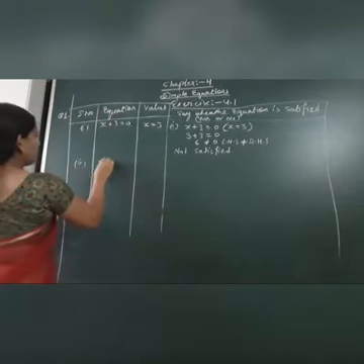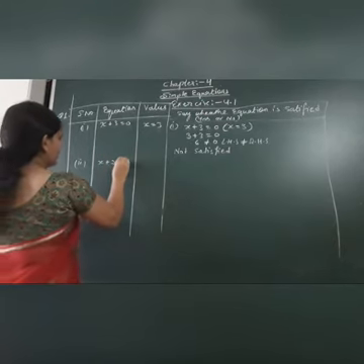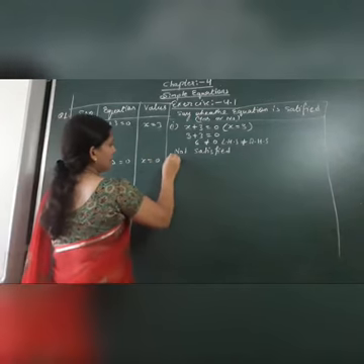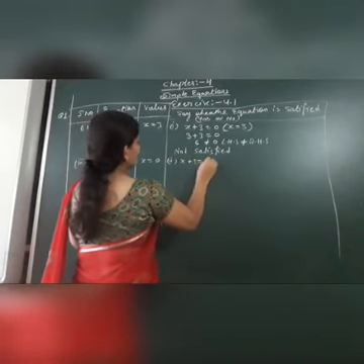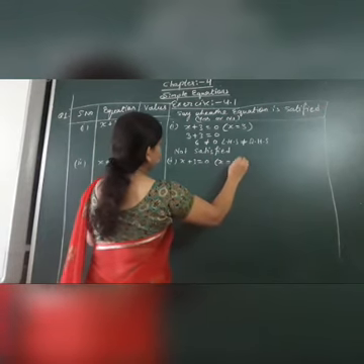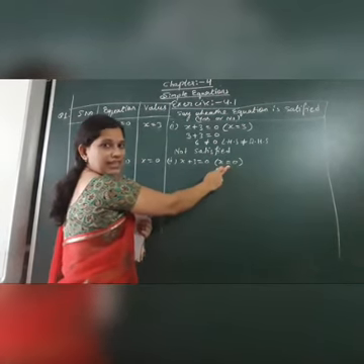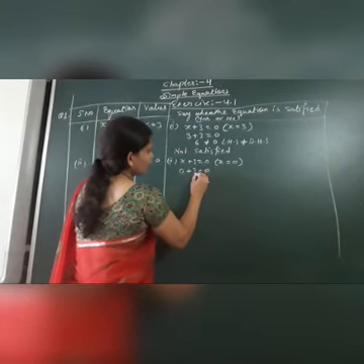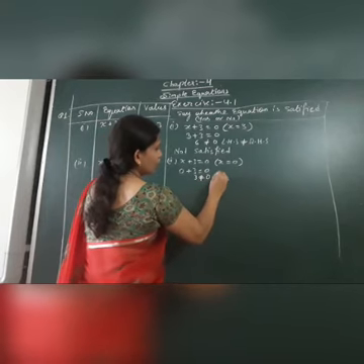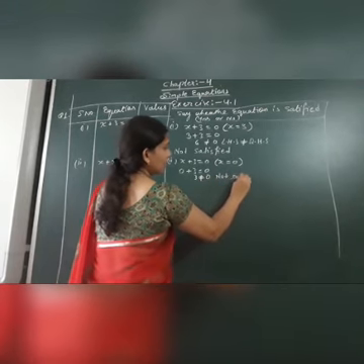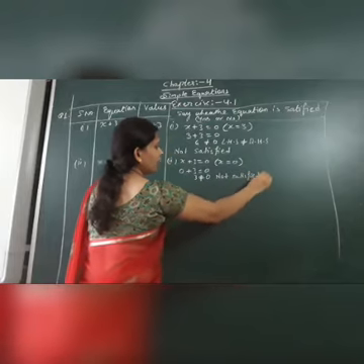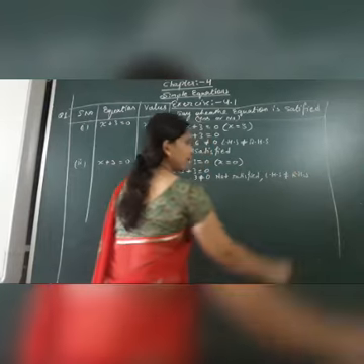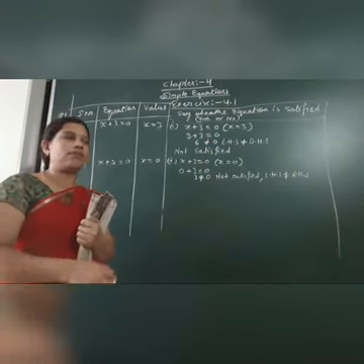Again the equation is x plus 3 is equal to 0, where we have to substitute x as 0. That means x की जगह पर कौन सा वैल्यू रखना है, 0. So 0 plus 3 is equal to 0. So 3 is equal to 0. Again it is not satisfied. Why? Because LHS and RHS are not equal. Its LHS is not equal to RHS. That's all. Clear everyone? समझ आया कैसे solve करना है?